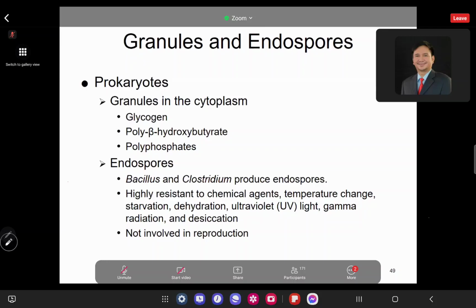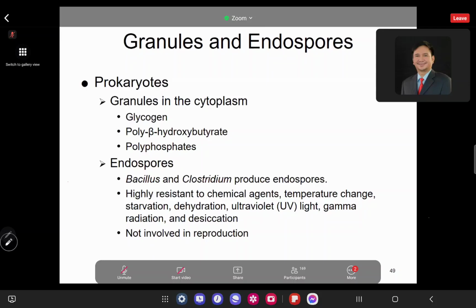Granules are found in the cytoplasm. They serve as storage for glycogen. Glycogen is your energy reserve. Glucose is converted into glycogen for storage. You have also carbon and energy storage, your polybeta hydroxybutyrate, and phosphate reserve, your polyphosphates. On the other hand, your endospores, such as those found in Bacillus as well as your Clostridium species,